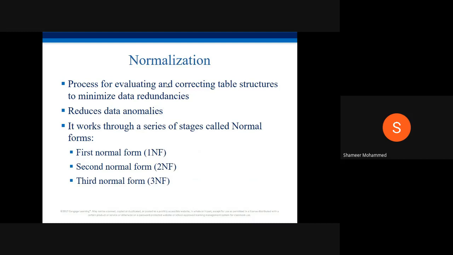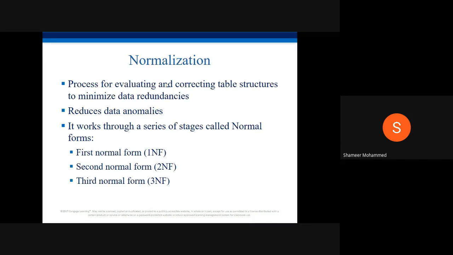You are going to organize your tables structure properly. You are going to correct your table structure properly so that you can minimize the data redundancy. So that is what called your